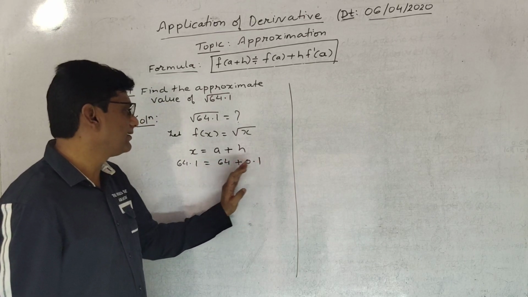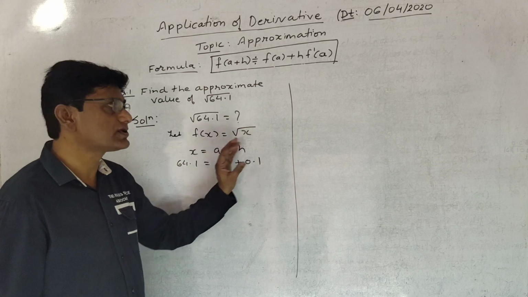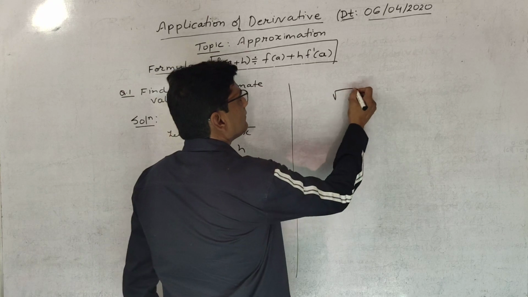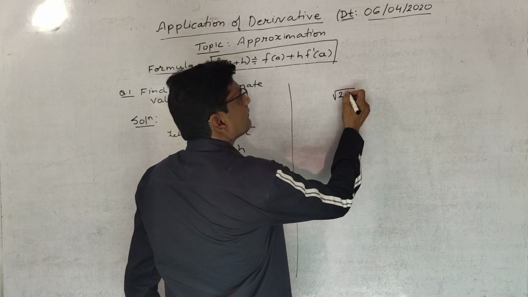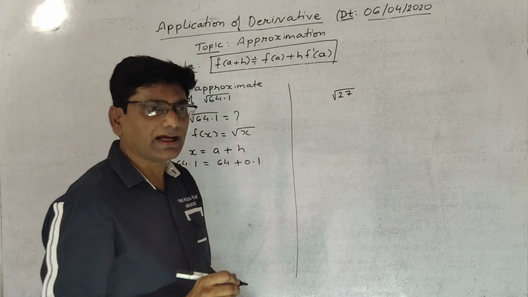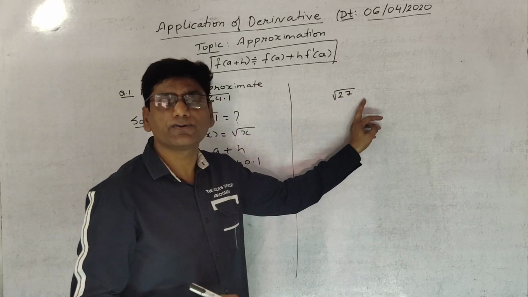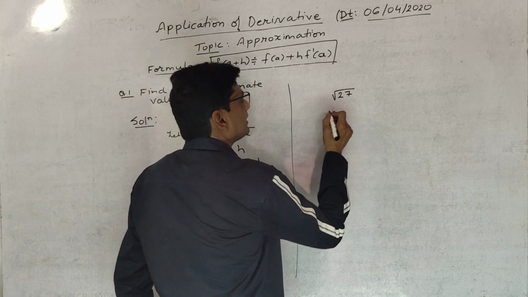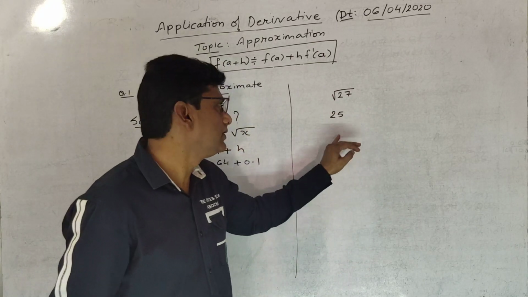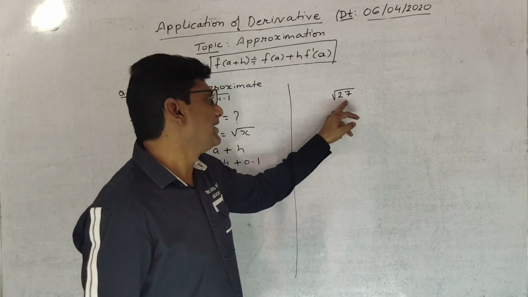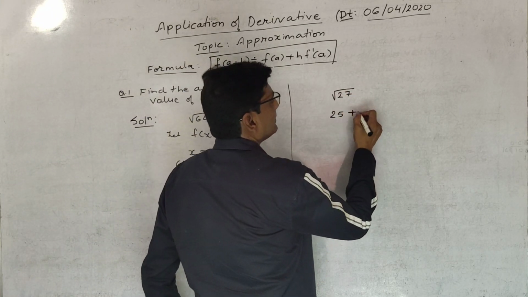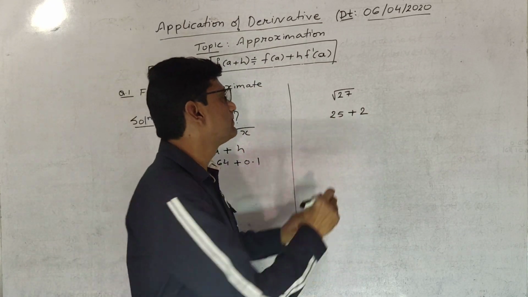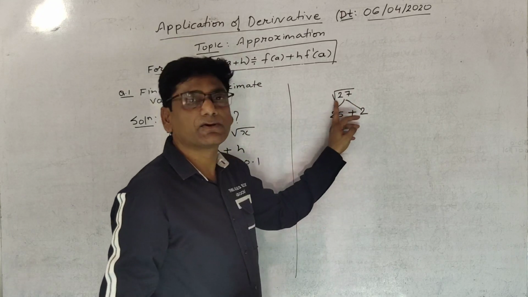ये दो टर्म को मैंने अलग ऐसे ही क्यों किया, अलग वे में क्यों नहीं किया, तो उसके लिए मैं थोड़ा सा डिटेल आपको बता देता हूँ. Just listen here. If suppose here we are writing root 27, then what you have to do is see the nearest square of this. The nearest one will be 25. You can take the square root of 25, that will come out to be 5. And what is the part that is remained? That is 2. So you can take it 2. That is the way how we split these terms when it is square root.